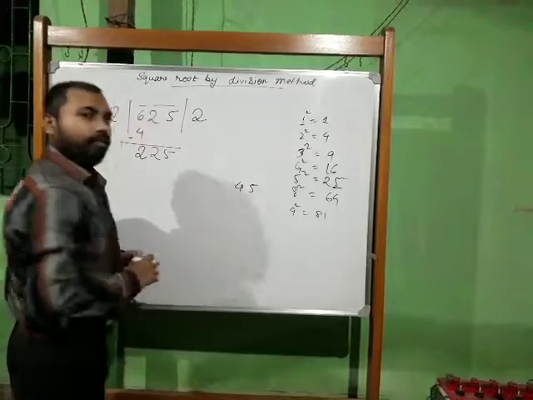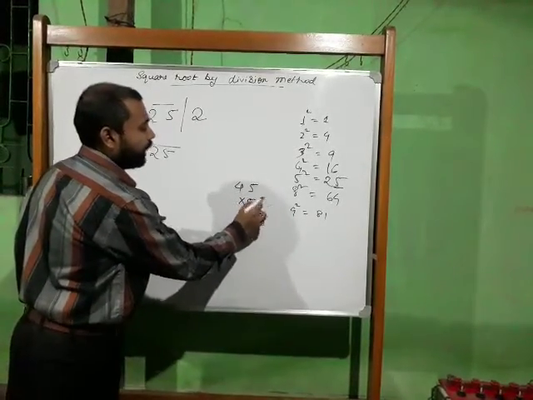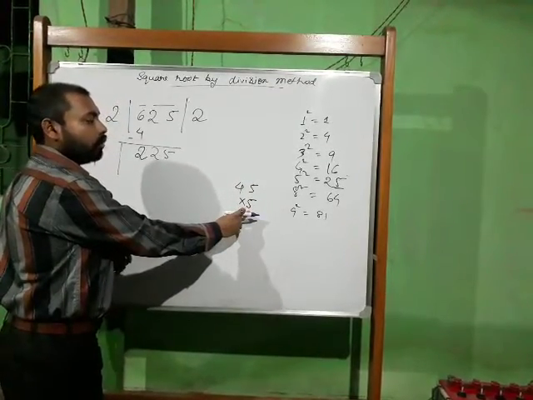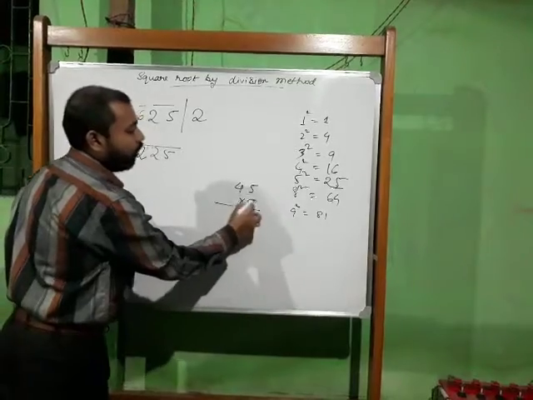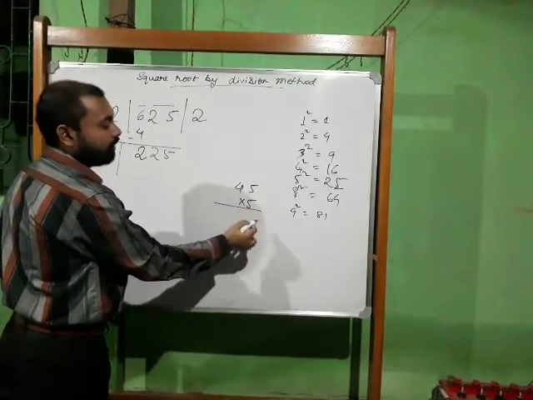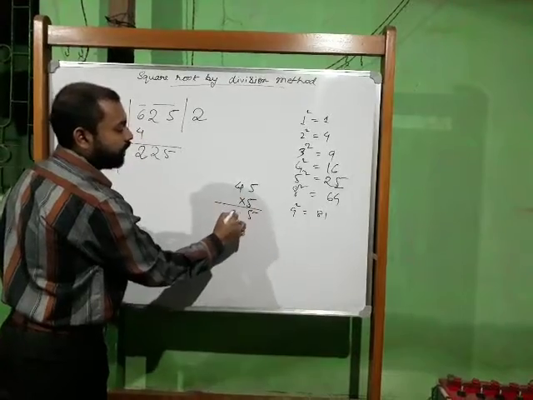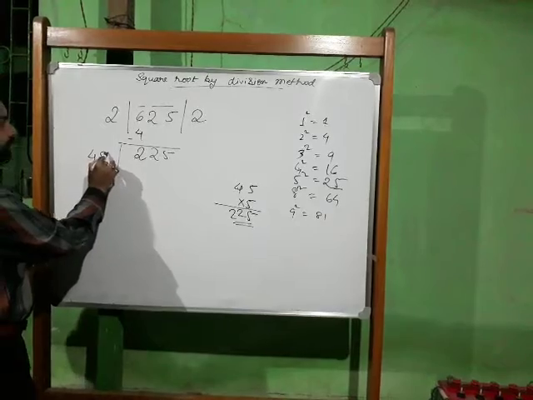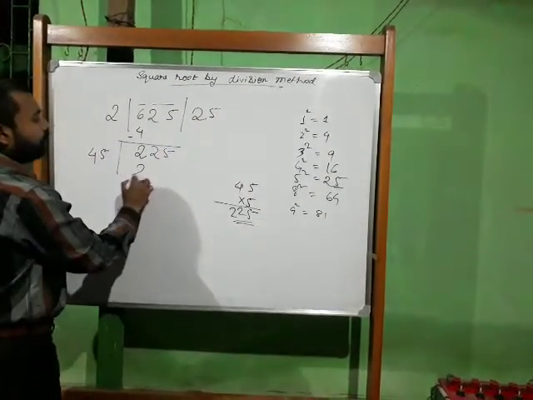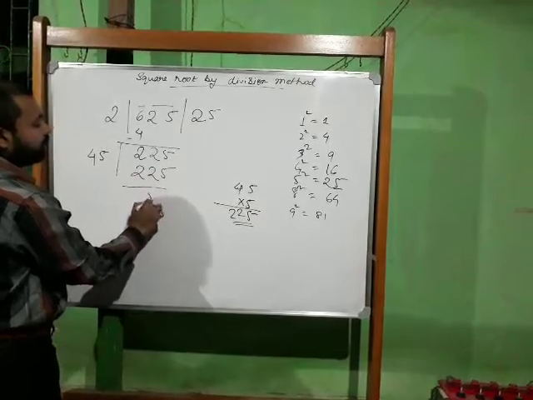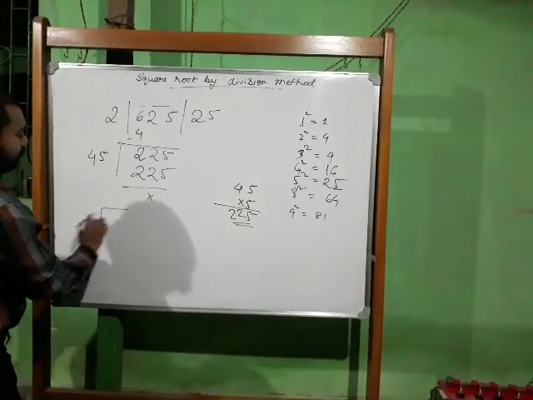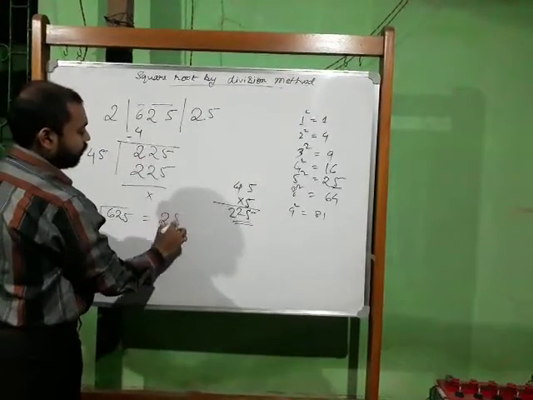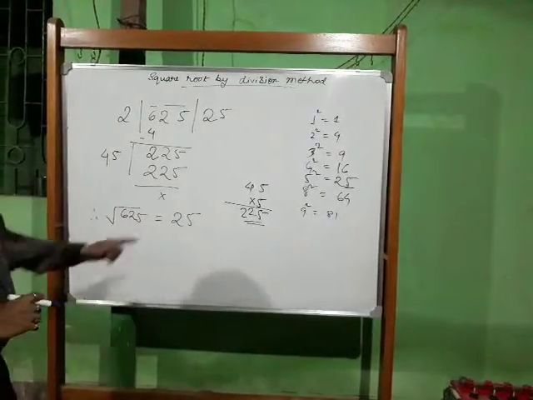We write 5 here and multiply with 5. If I write 5 here, we have to multiply with 5; if I write 6, we have to multiply with 6. This is the interesting process. Now we have written 45, multiply with 5. What will be the answer? 5 5s are 25, carry 2, 5 4s are 20, plus 2 is 22, so 225. Now you see this answer matches. So you write 5 here, and again 5 in the quotient. So it is 225, and the remainder is 0. Therefore the square root of 625: our quotient is 25. So root over 625, the answer is 25.